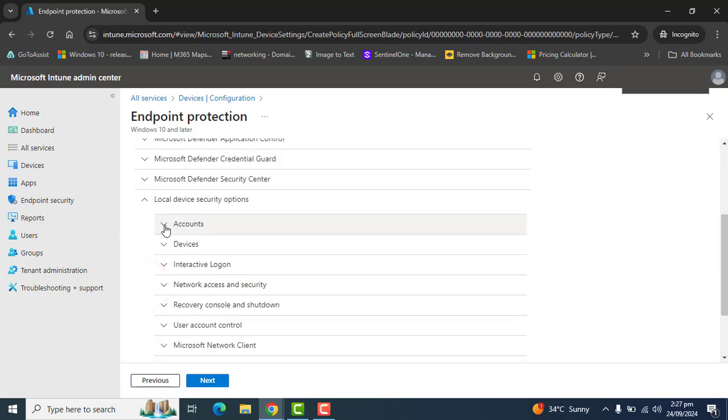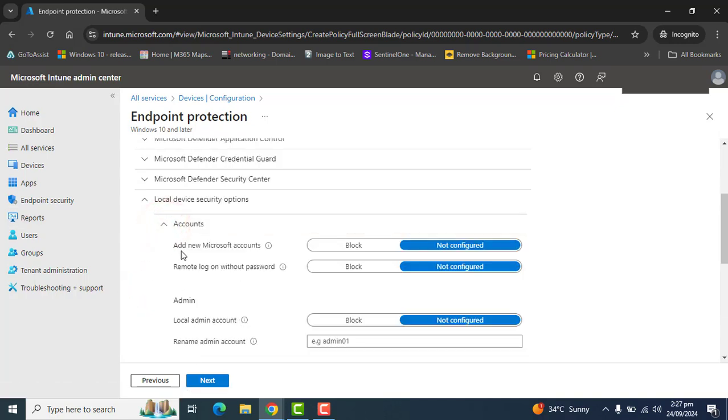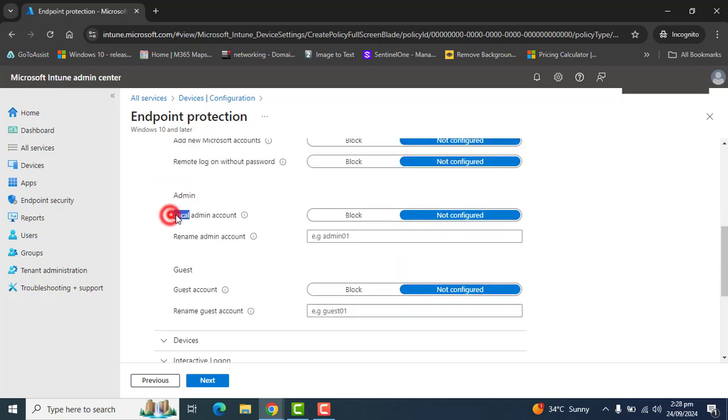So let's expand the accounts. Add new Microsoft account setting: restrict user from adding new Microsoft accounts. This is the preferred option if we want to limit the use of new Microsoft accounts on our Intune managed devices. Using the admin section of the local admin account, we can define here whether the local admin accounts are enabled or